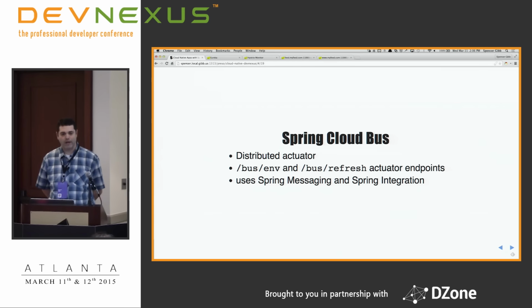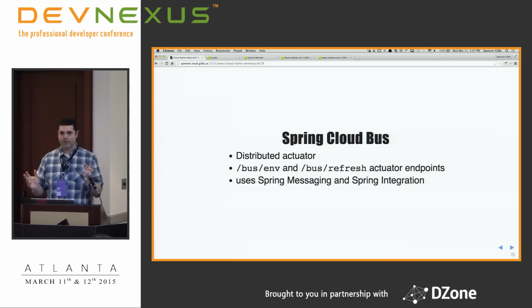You have these actuator endpoints that you can poke on an individual node. Well, when you poke these bus endpoints, they poke all of the instances of a particular service. So we have implemented two distributed endpoints: that env I showed earlier about changing an environment variable, and refreshing once you get that change.